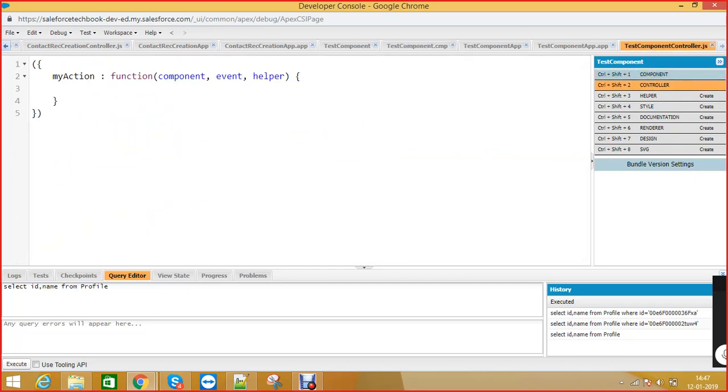Go to the controller and there, first number equals component.find of your id, .get of v.value. In JavaScript normally we use document.getElementById to get the input from the input components, but in a Lightning component you can use the component.find method and get of v.value. Whenever we write like this, it will find the component by using the aura id which you specified, and then it can get the value from that. Let's put an alert to see whether it is able to get the value or any errors. So we write the method and we have to